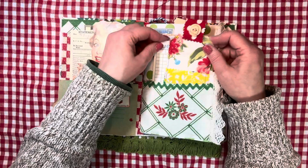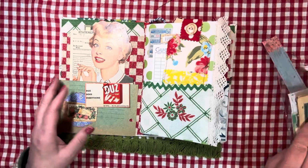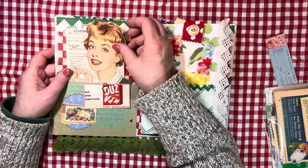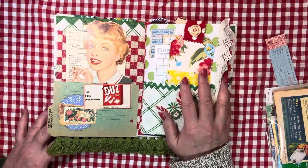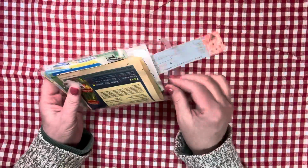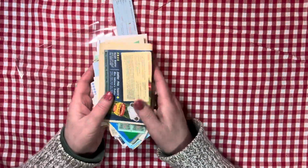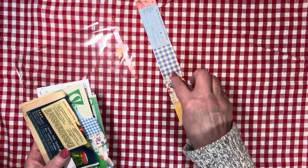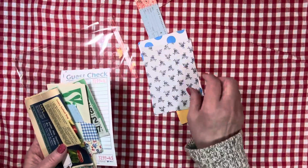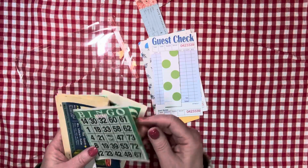I went through my ready-made ephemera and pulled a bunch of stuff, and that helped me get these journals made. During a busy season, things have been busy, so I didn't have a lot of time to work on these, but I was able to get them done more quickly because I already had a lot of ephemera done, and some pages. I do want to show you, I forgot to mention this, each kit is going to come with one of these packs, and I'll probably add more to the pack as I clean up. There will be some leftover digital pieces, and each kit is going to look a little different. Leftover scrapbook pieces, a couple of guest checks, a couple of bingo papers,